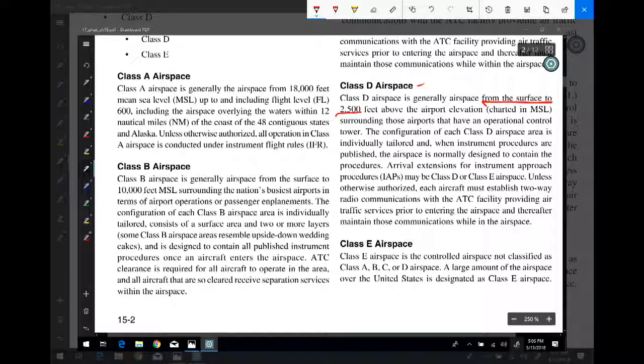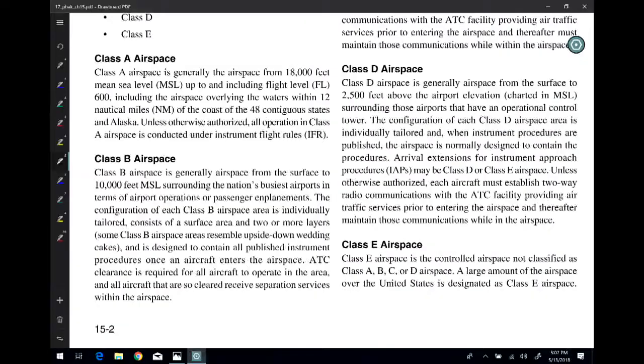That's kind of the way that it normally looks. And normally it is just that one cylinder, and it doesn't have multiple layers to it. It is just that one cylinder, normally about 5 nautical miles, or is it 5 or is it 4? We'll look at it here in just a little bit. So that's Class Delta airspace. So there's Aspen.